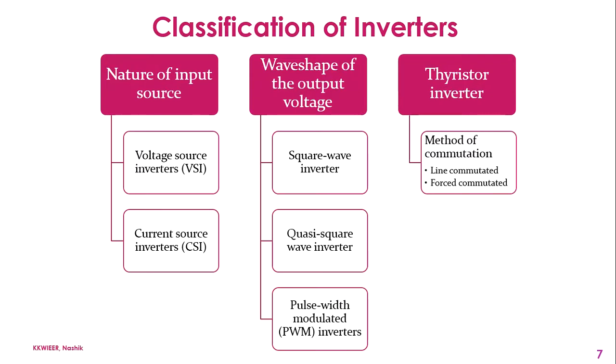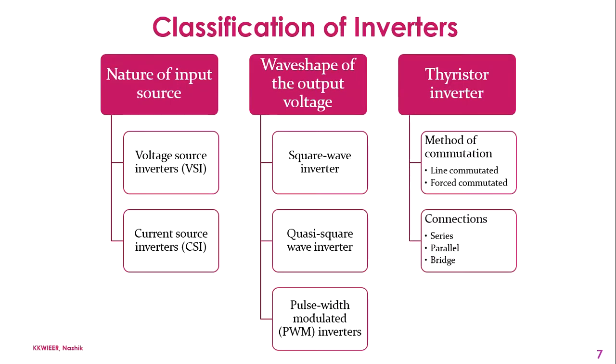In case of DC circuits, since the supply voltage does not go through the zero point, some external source is required to commutate the device. This process is known as forced commutation, and the inverters based on this principle are known as forced commutation inverters. Another method is by connection.